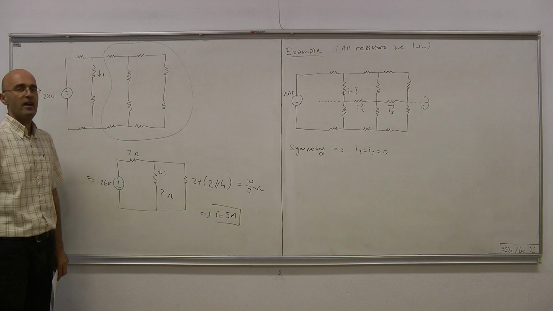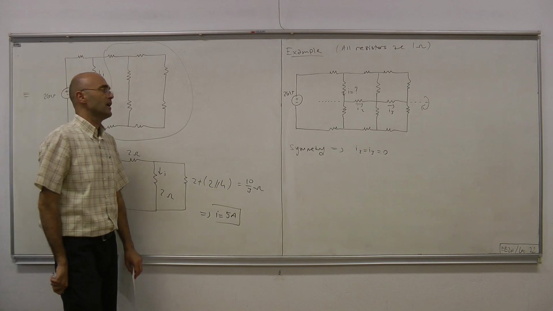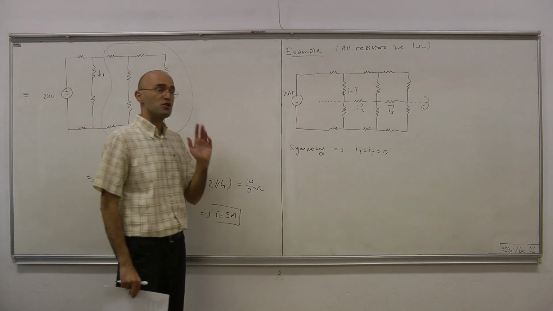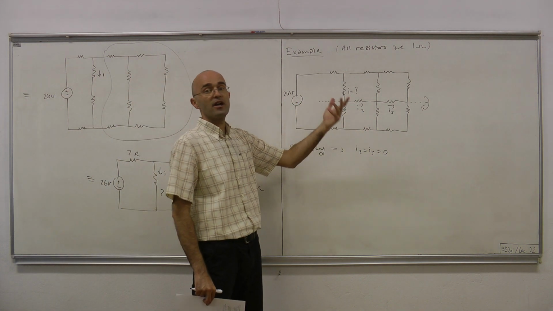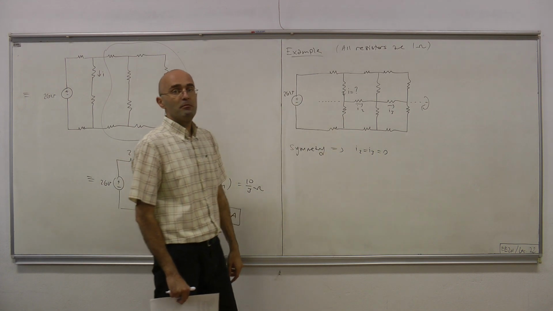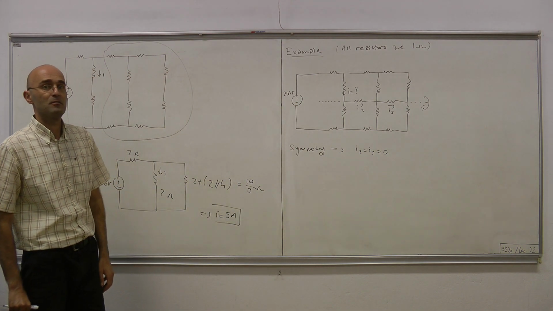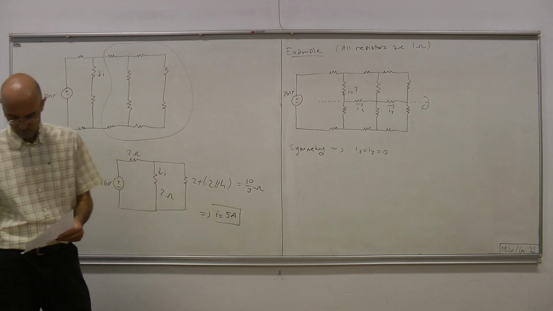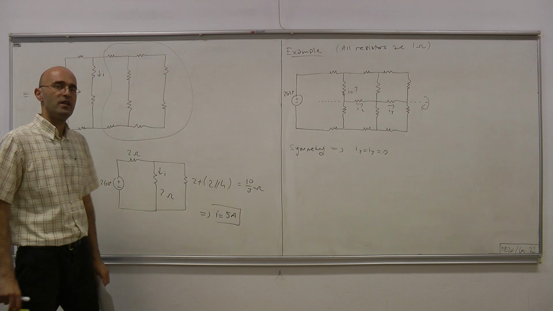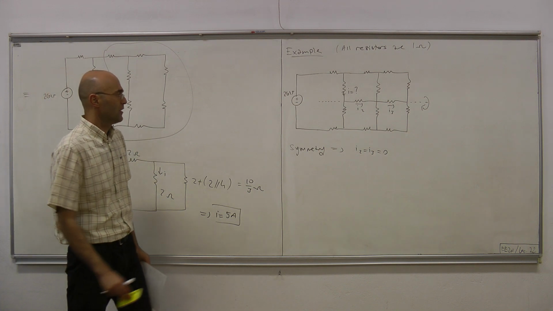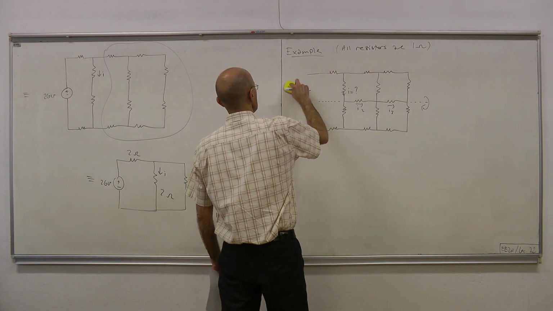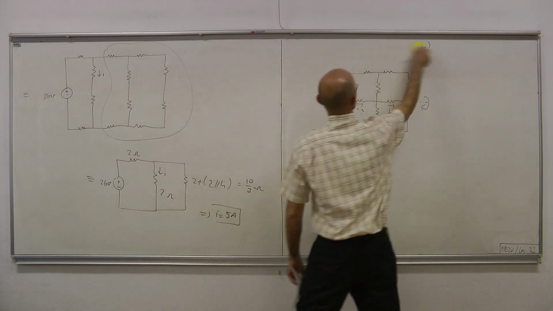Again, we have made use of symmetry, and that saved a lot of time. If you just ignore symmetry and try to solve the circuit, let's say, for instance, using node analysis, you would have to write many equations before you reach the answer. Now, our last example is somewhere in between example and exercise. Along with symmetry, let's also use superposition or linearity.